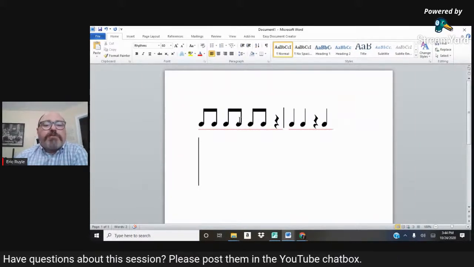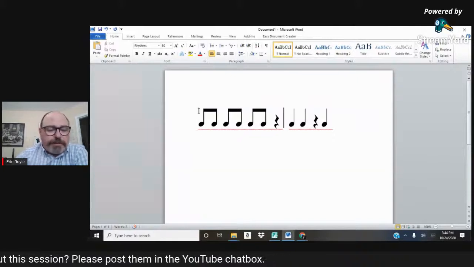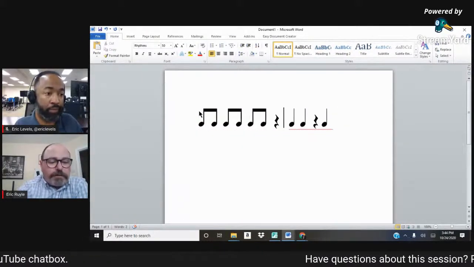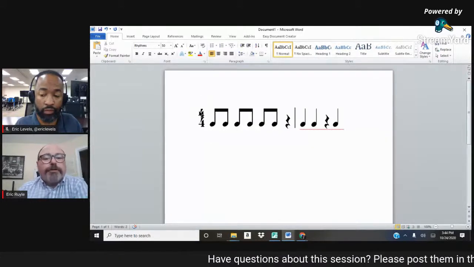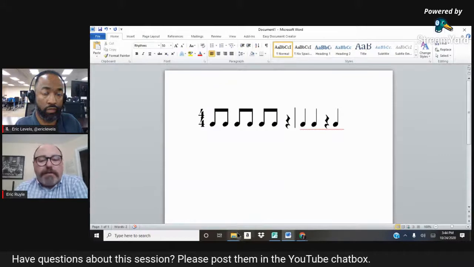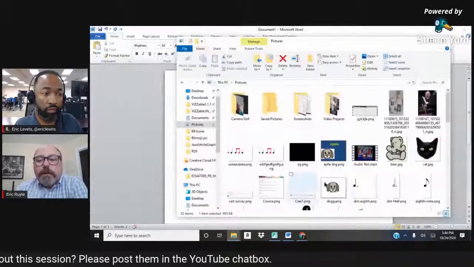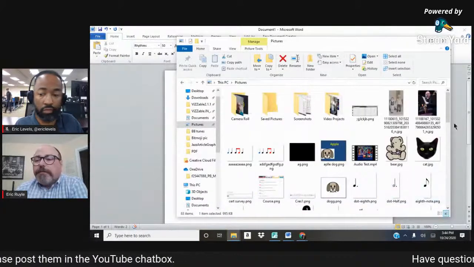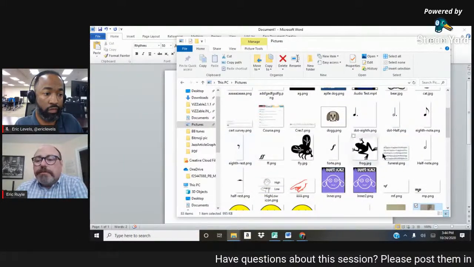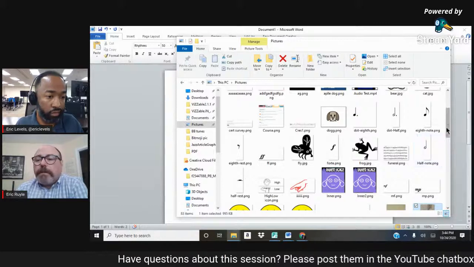And it goes through. This also has time signatures. Oh, I got to do the shift first. So you can do time signatures in there, you can do dies, you can do triplets. All this stuff here, all these little things, you can barely see, but all this stuff was created using the rhythm font.